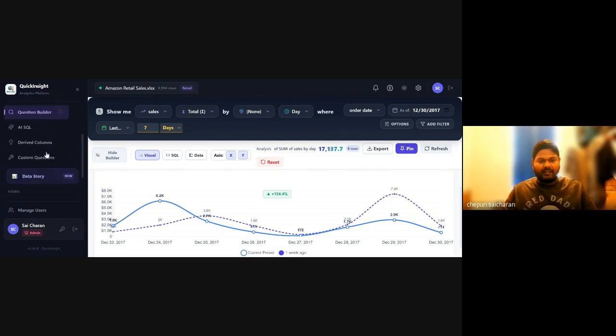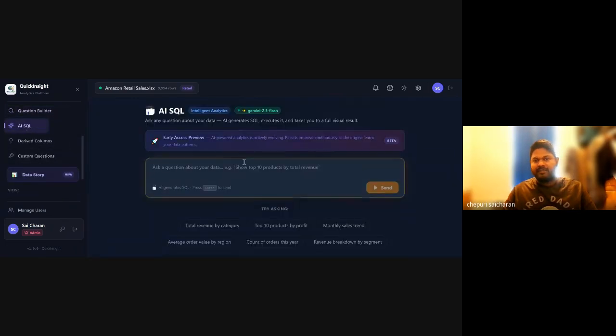Now let's see another feature, which is AI SQL. Basically, it takes a question in plain English, and before it gives that question to the AI LLM, there is an engine that runs behind it. There is a query planner and an intent planner, and first the intent planner creates a plan and tries to identify which columns are used in the question and what the intent of the customer is. Is it growth that he is looking for, or is it